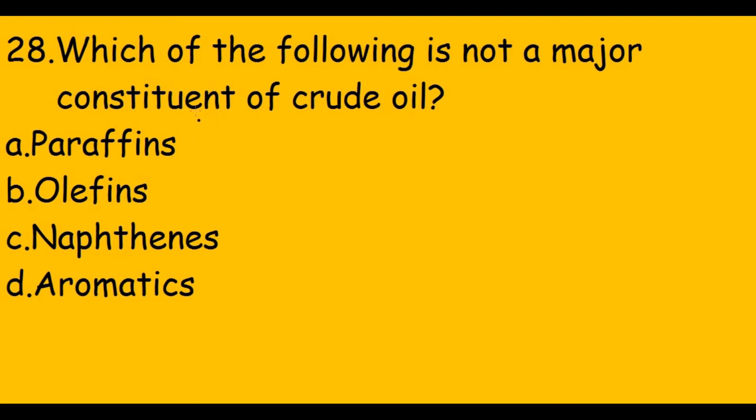So this question asks, which of the following is not a major constituent of crude oil? They have given the options. So the answer is C, that is naphthalene. So this is not a constituent of crude oil because naphthalene is converted into aromatic compounds and so it is not a constituent of crude oil. So next what we have is,